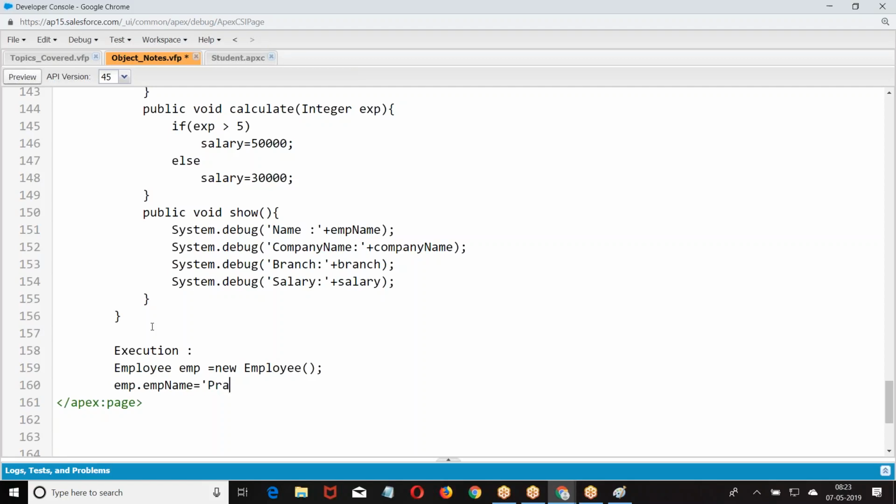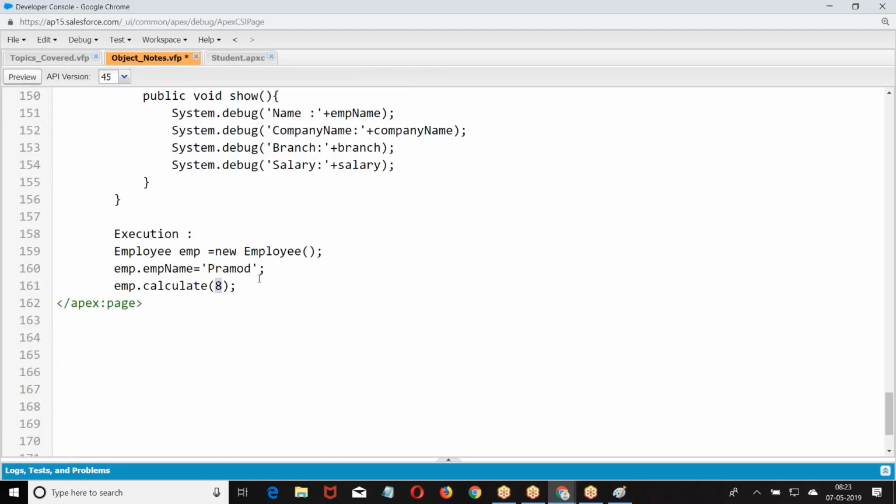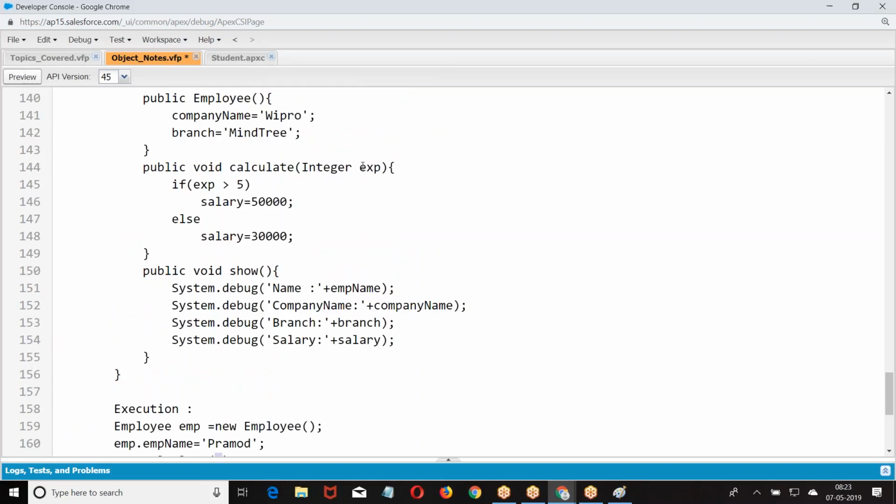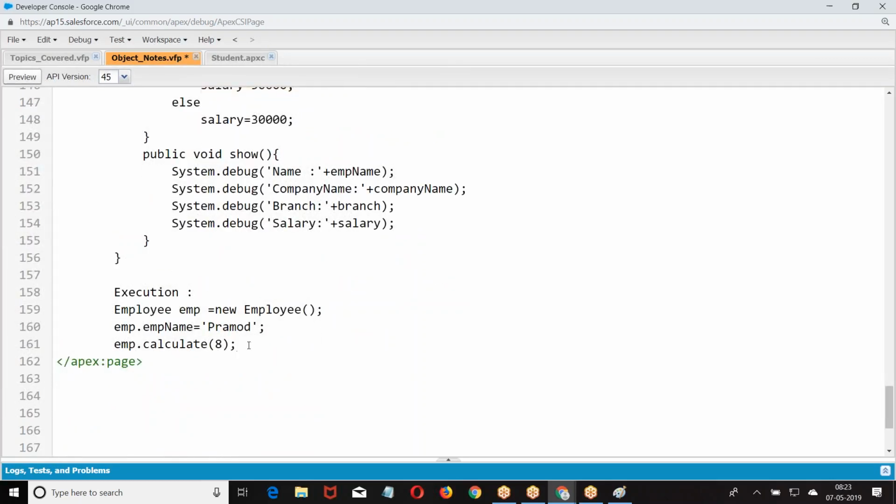Now I told more. Then I told employee dot calculate. So I was giving experience as 8 years. When you say calculate 8, they are taking experience as 8. Now experience is above 5 years, salary equal to 50,000. Then they are calling.